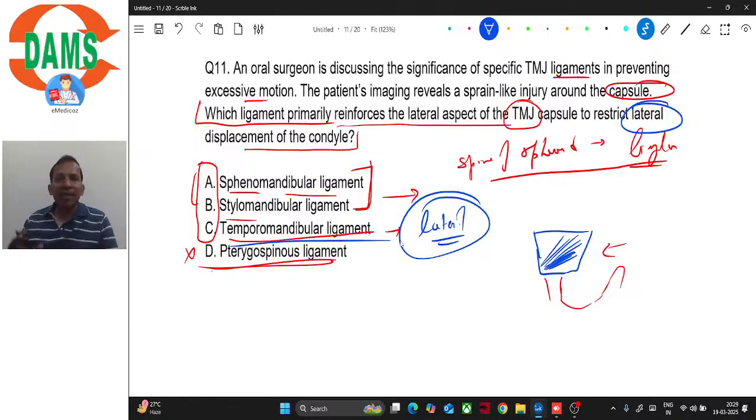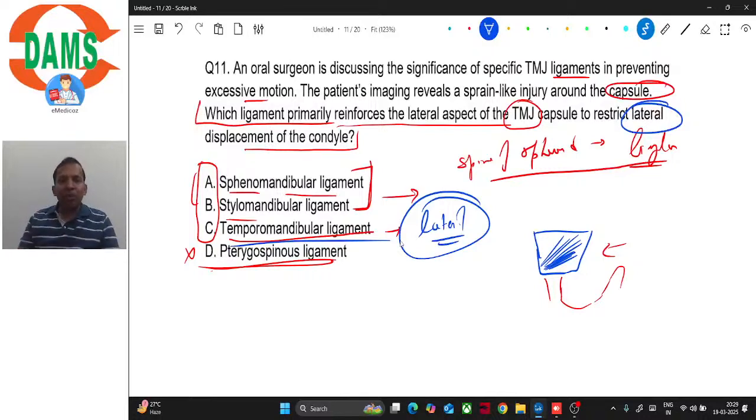Always remember that these names are not random. We never choose random names, right? We study a particular feature and find the easiest way to remember it, and that's how we name it. So sphenoid spine and mandible were joined as sphenomandibular, and styloid process and mandible were joined as stylomandibular